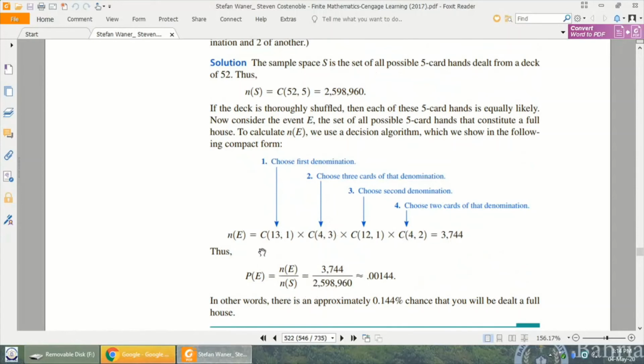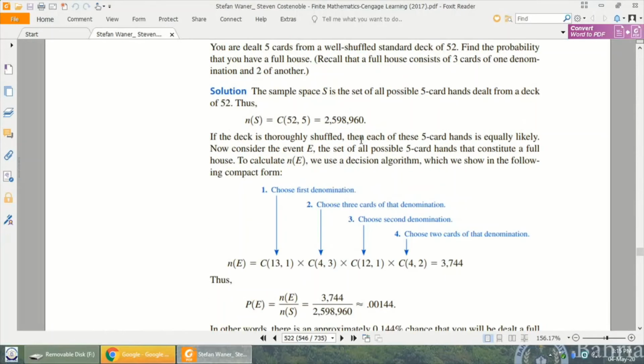Okay, so now since we have, let me just revise that for you. 5 cards, 3 of the same one, and then we can have, like they said, 3 cards of one denomination and 2 of another denomination. So then, since we have 13 cards, because none of them was taken at that time, there was 13, and